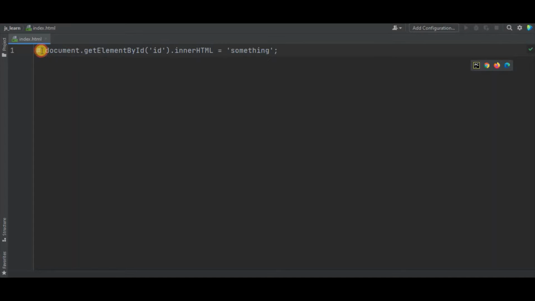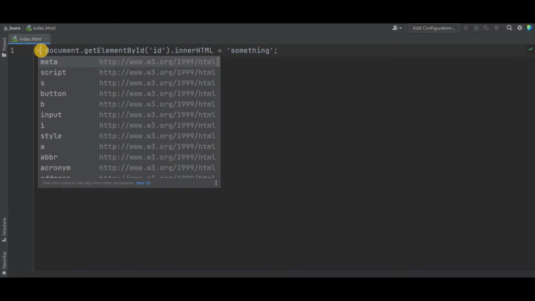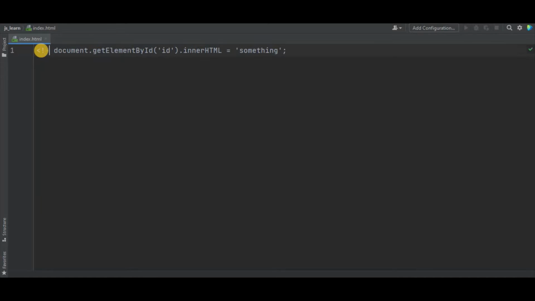And how are we changing the color? Oh, let me make this an HTML comment. And how are we changing the color?